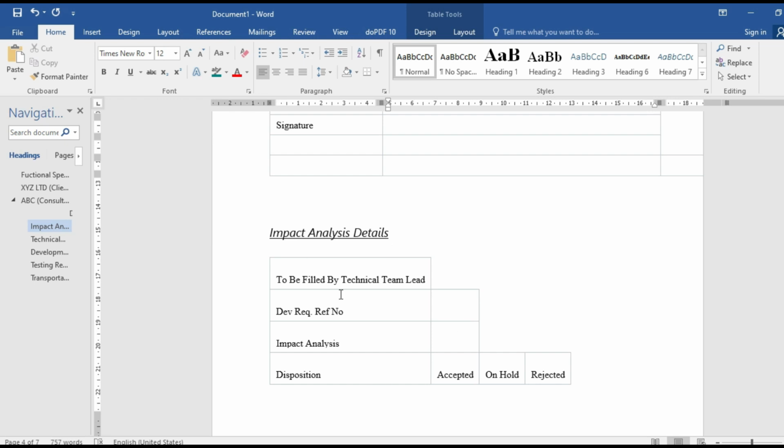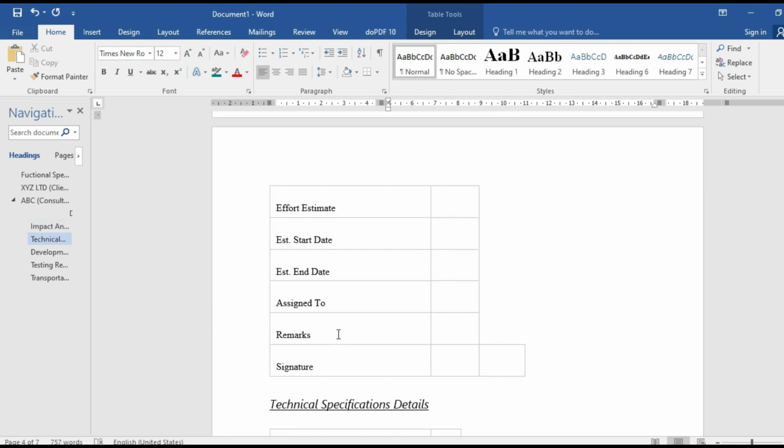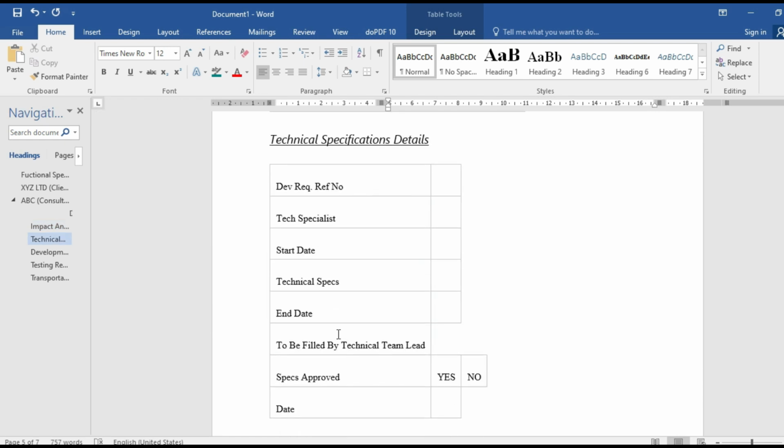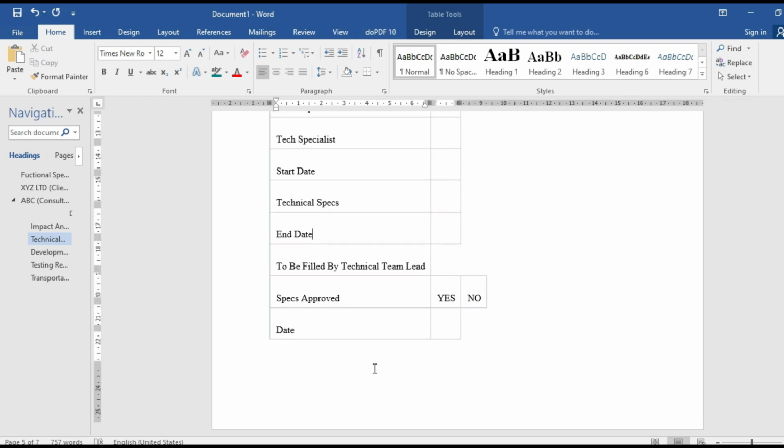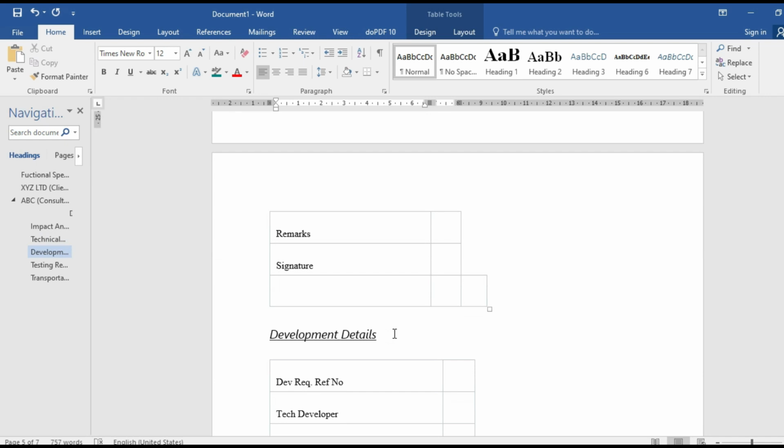So this is a technical part. This is also a technical part.